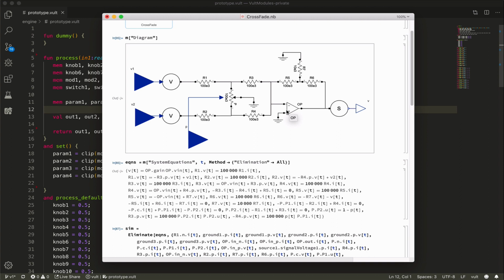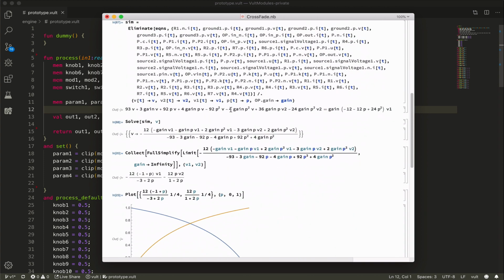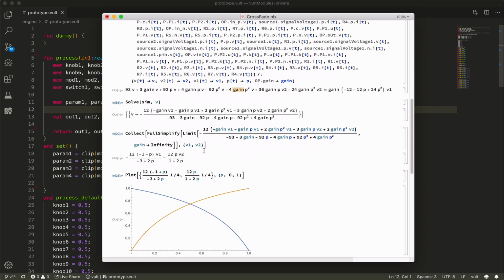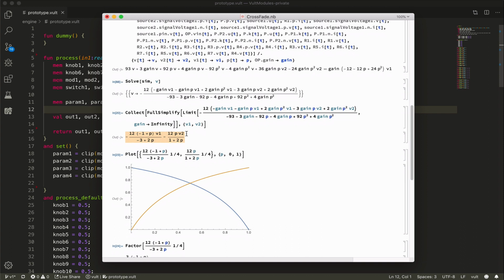The main difference is that here we have an operational amplifier, and for this operational amplifier I have to use a model, and since I'm not modeling anything special about it, it's a very ideal model. The way I describe it is just input gain, the difference of the voltage times a gain. So when I start making the analysis, I get this term, which is the gain of the operational amplifier. And once I obtain the equations, they are in function of the gain, and then I can just use Mathematica and calculate the mathematical limit when this gain tends to infinity, which is the operational amplifier, and that gives me back this simplified